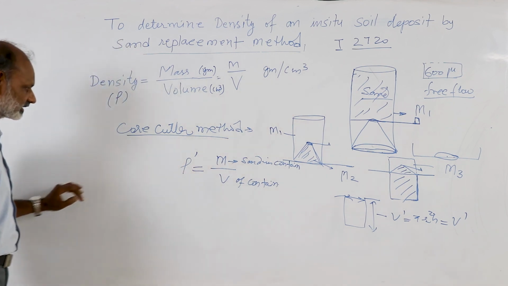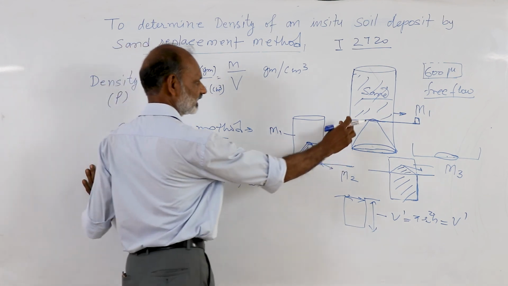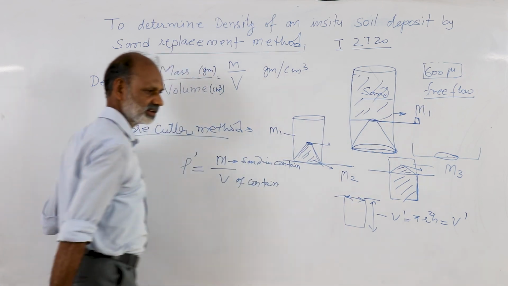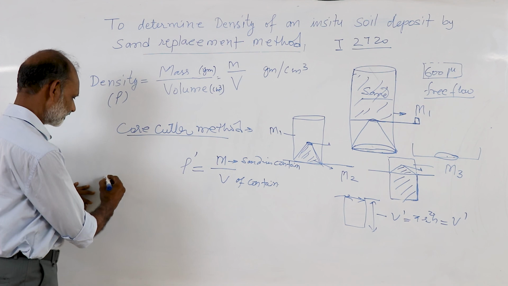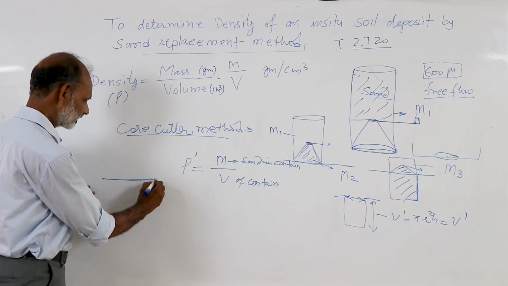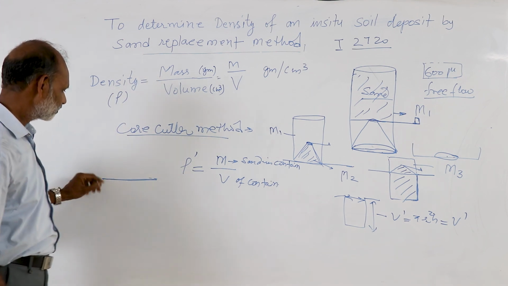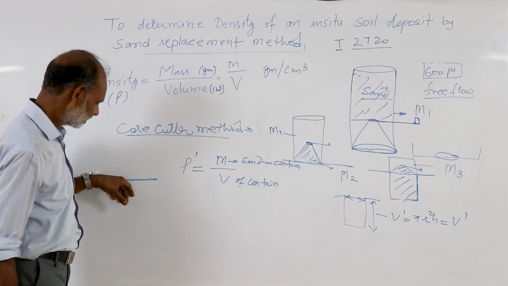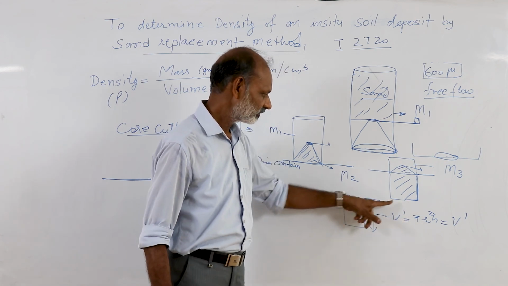In the second part, we again fill this whole sand in this pouring cylinder up to the same depth, 1 centimeter below the top, and take this cylinder to the field where we have to determine the density of this soil sample. Before this, we make a hole in the ground of the same diameter as the calibrating container.